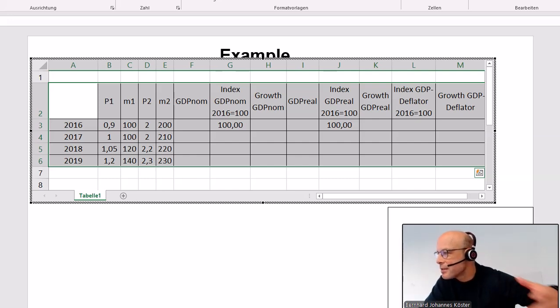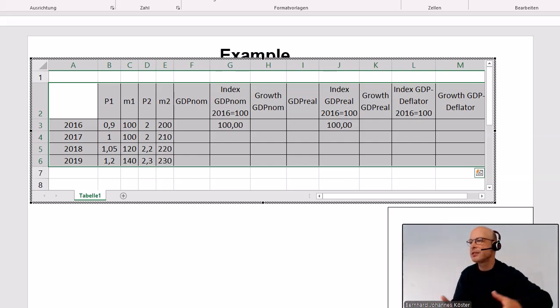Because this software is more or less everywhere available. Of course, you have more sophisticated programs doing these data manipulation or doing statistics, but maybe at your working place later on, you don't have these software packages. And therefore, I really recommend that you start to do your calculation manipulating data with Excel.